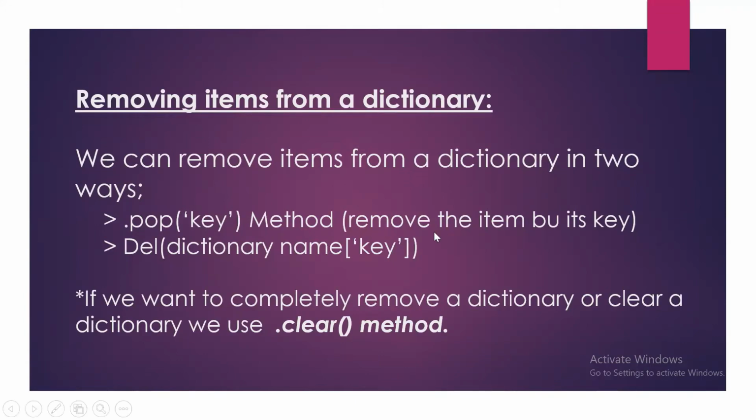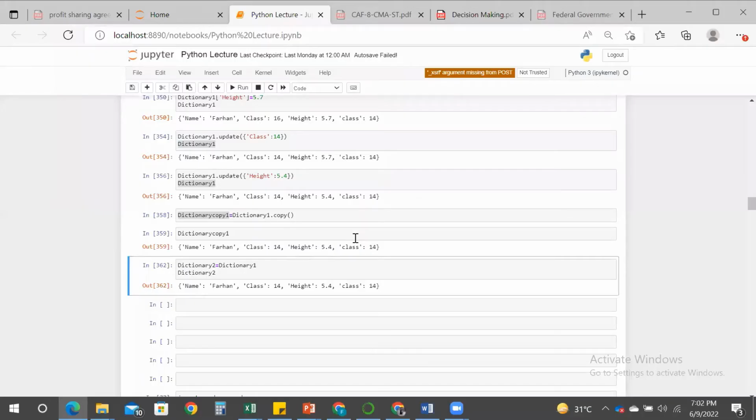So let's go to the Jupyter notebook and remove an item of the dictionary by using the pop function. Let's copy the name of the original dictionary, which is dictionary 1, give a dot, use the pop function, and inside parentheses, give the key which we want to remove. Let's say the duplicate key which was created erroneously with a small c. Let's remove this, and I'll just give the key,